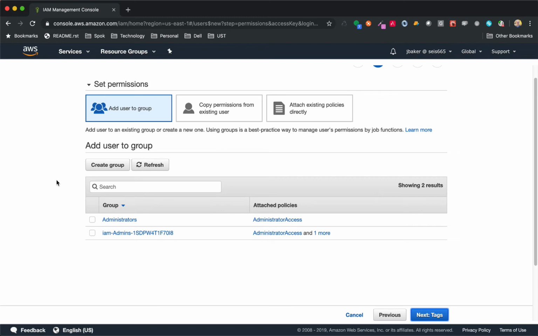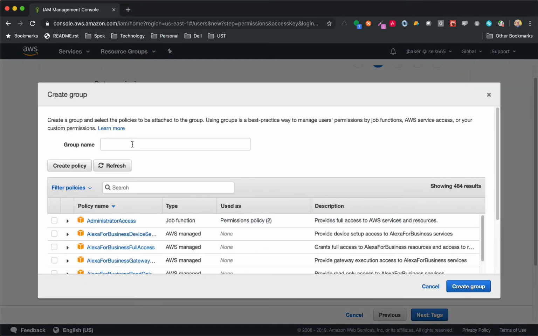We can add the user to an existing group that we have defined within our account. And I've got 2 different groups that are currently set up. We can copy permissions from an existing user, and we can attach access policies directly to this user account. In this case, let's say I'm going to just create a new group. I'm going to create a group and I'm going to call it